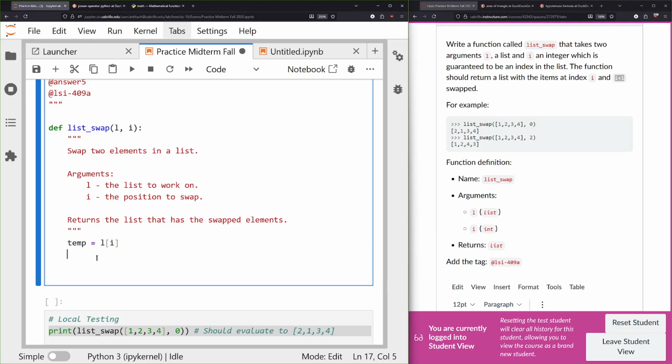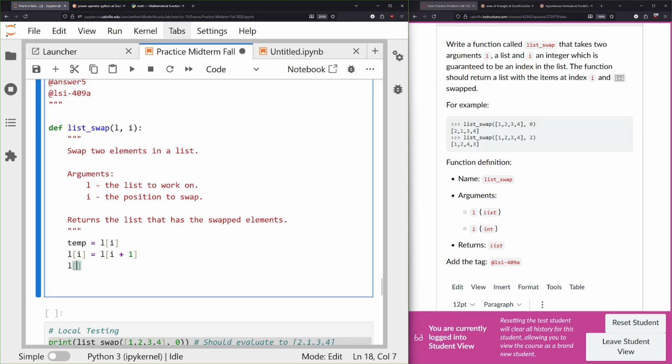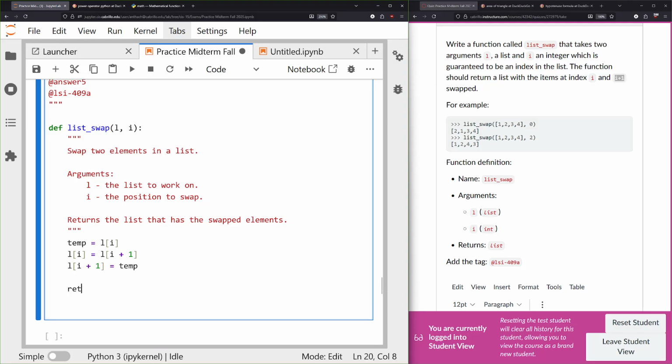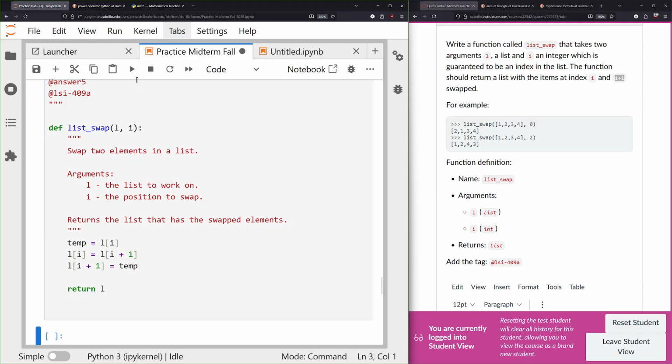So we can say L of I is now equal to the element that's next to it, or I plus 1. And then finally we can do the other reverse swap, right? Which is saying that the right one becomes whatever we stored from the left one, which is temp. All right, so there we go, and then go ahead and return the list, return L, and let's see what it evaluates to. So I'll press play here,